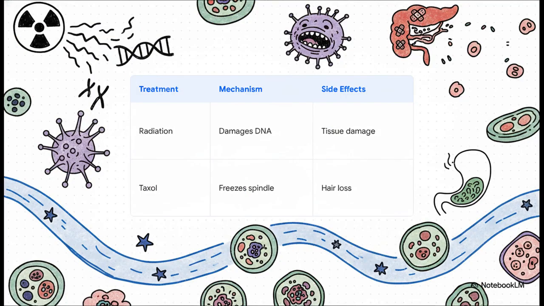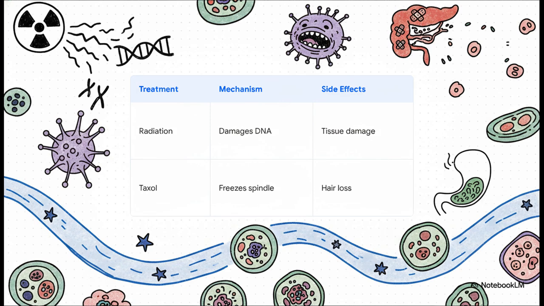Because cancer is fundamentally a disease of the cell cycle, our traditional treatments are actually designed to weaponize that very cycle against the tumor itself. High-energy radiation damages the DNA of cancer cells, which, unlike healthy cells, often lack the ability to repair it. Then we have chemotherapy drugs, which are introduced to the bloodstream specifically to attack actively dividing cells. Take the drug Taxol, for example. It works by physically freezing that mitotic spindle we talked about earlier. It stops that Pac-Man mechanism dead in its tracks, which destroys the dividing cancer cell.